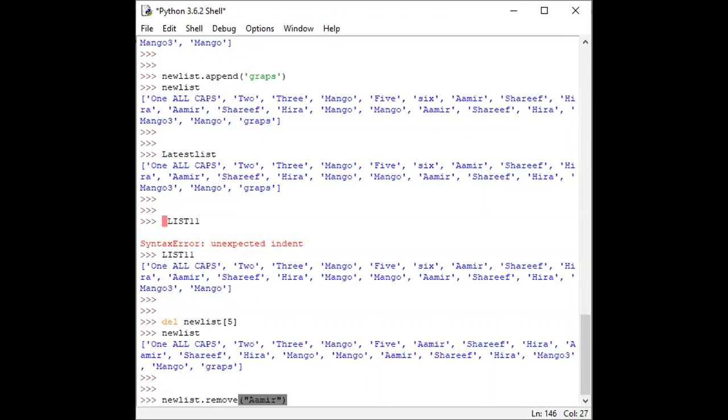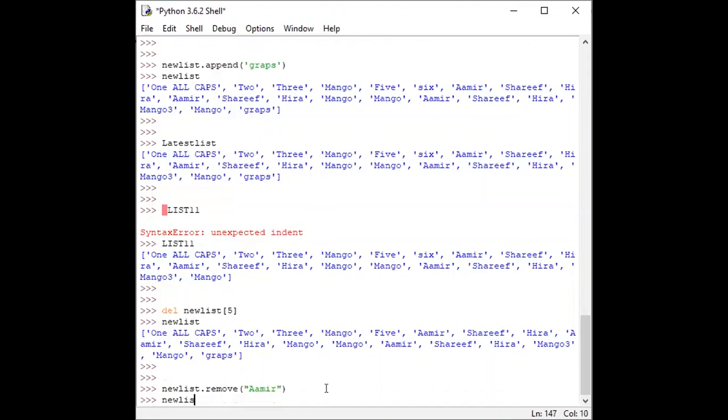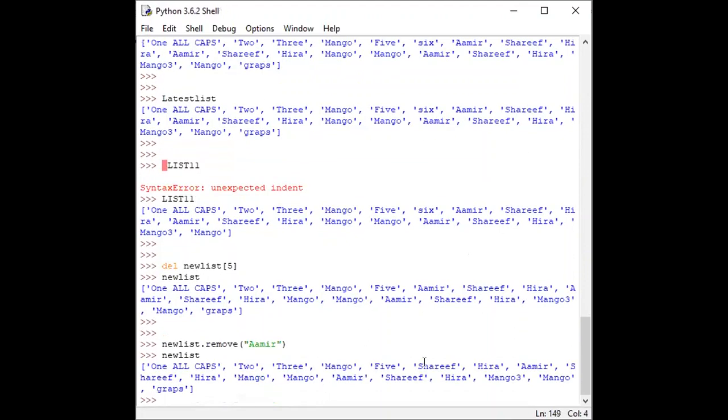When we use the command remove, we place the value or object here. If we want to use del, then we place the address here. Okay, by removing this, call new list again, and we will see that Aamir is no more present in this list. So in this way we can delete and remove the different elements from the list.